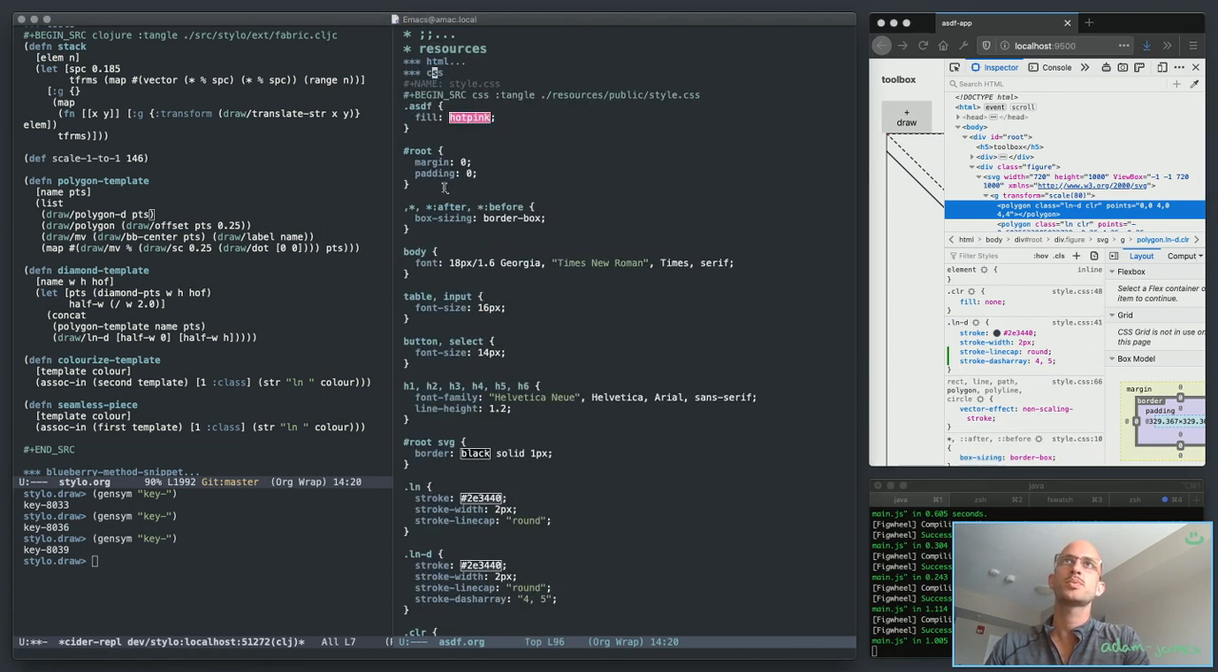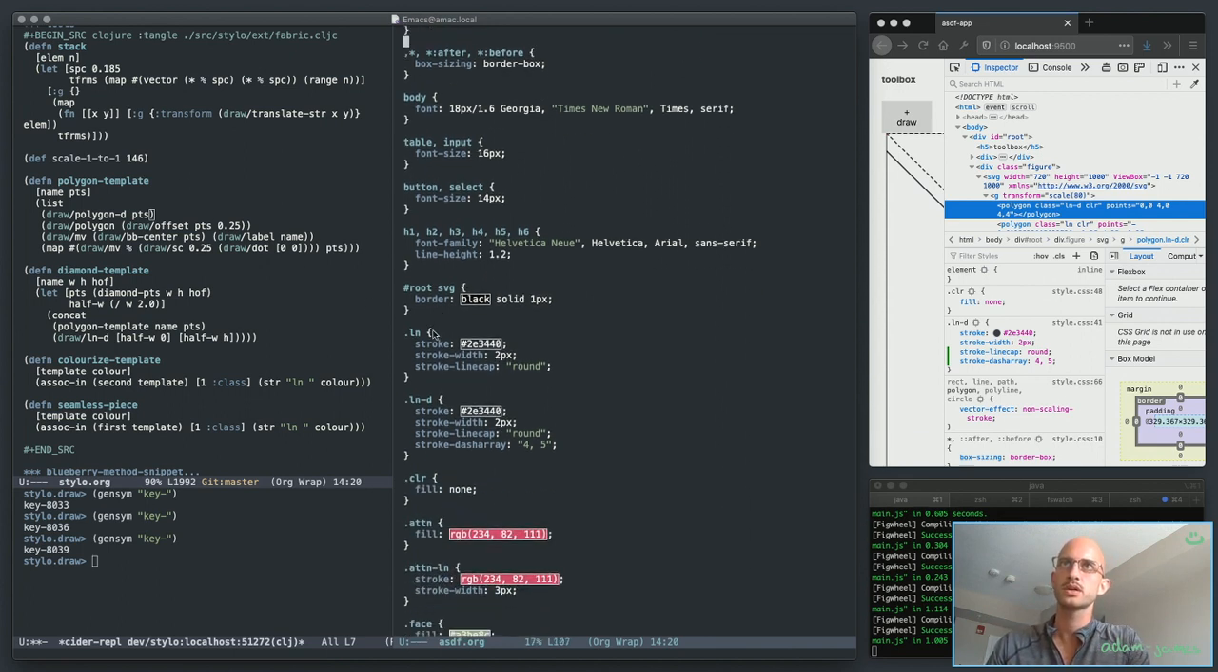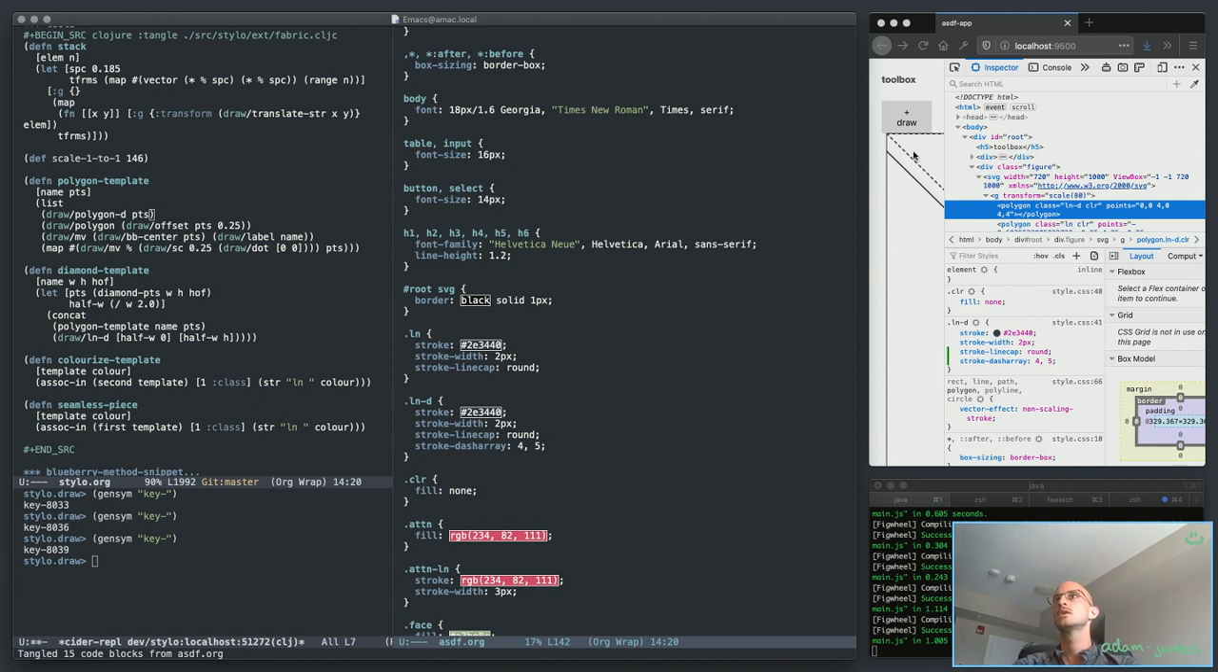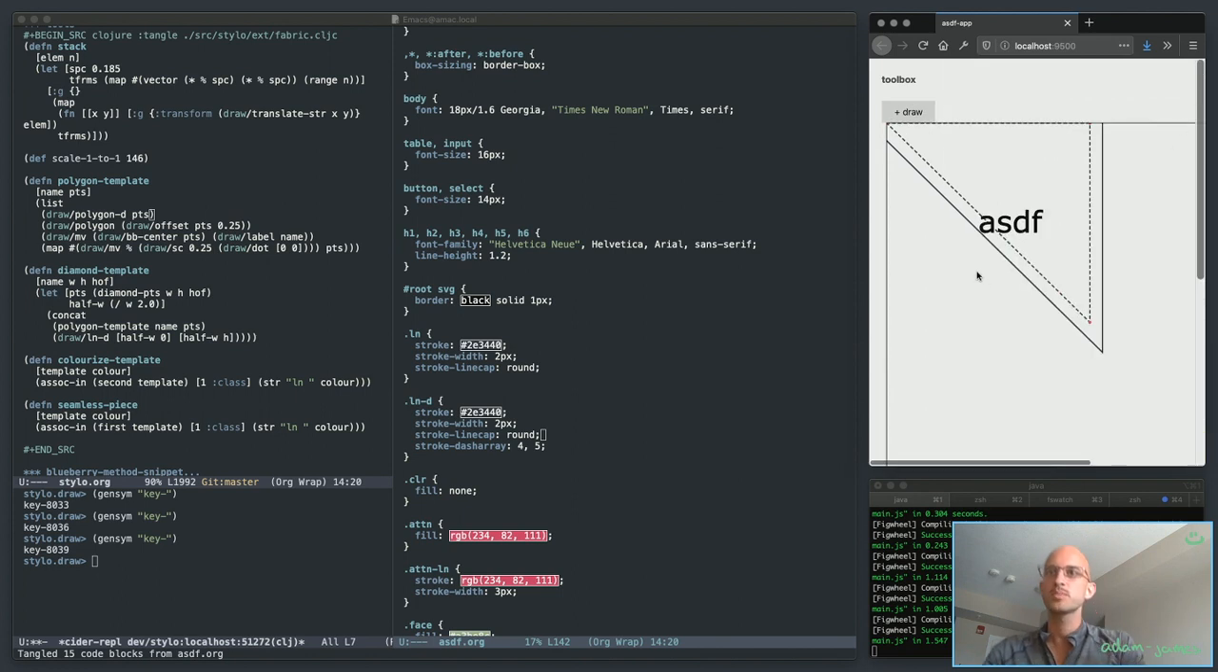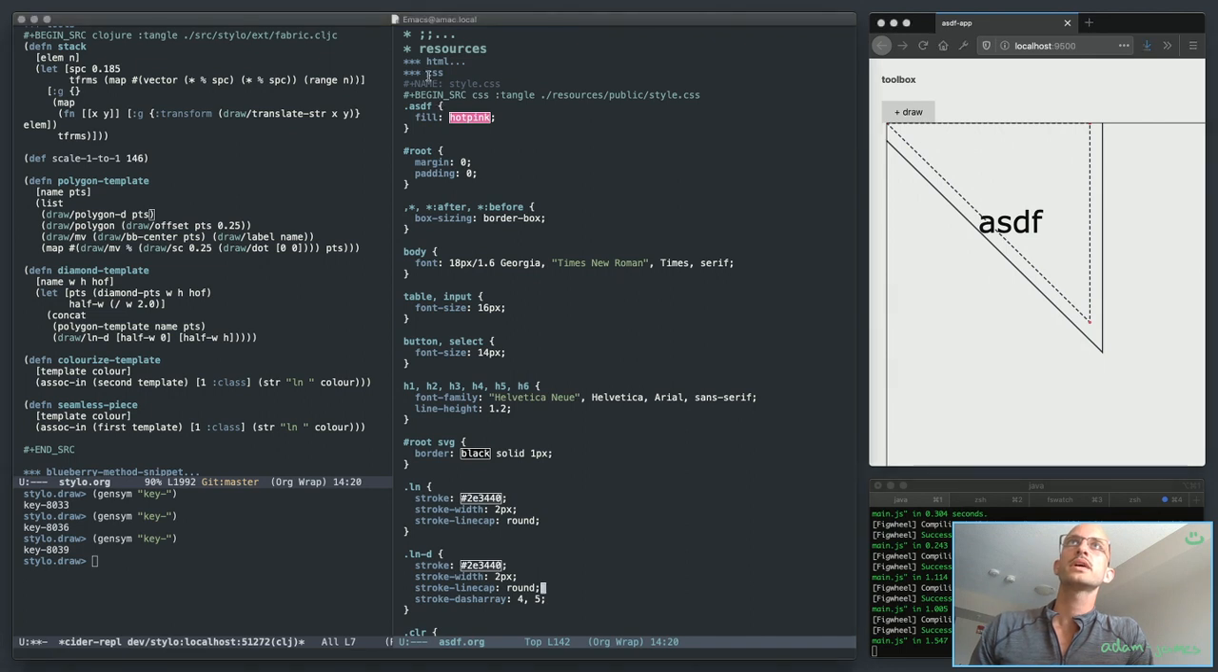Okay. Right, so I did the thing where I thought I was in a Clojure context, right? But that's here, line cap round, 4, 5. That should refresh and be fine. It's a thing of beauty. Okay, so